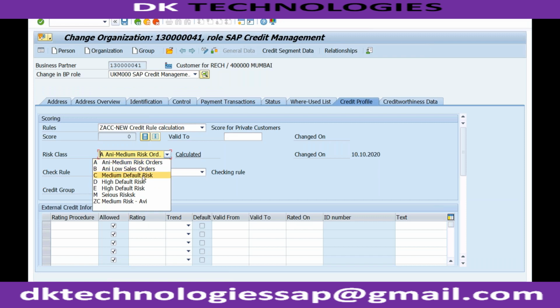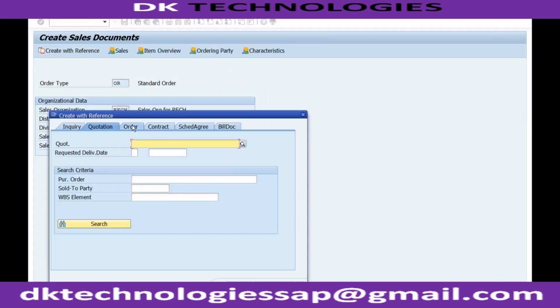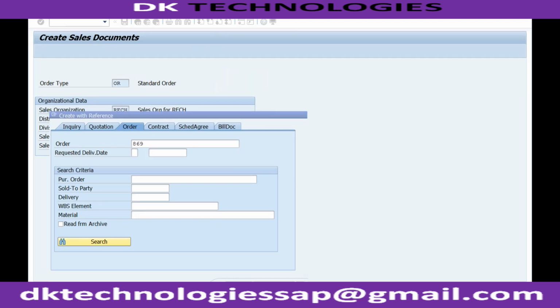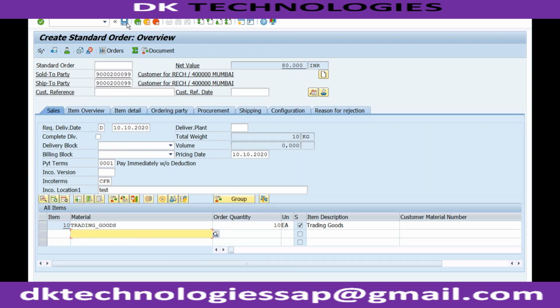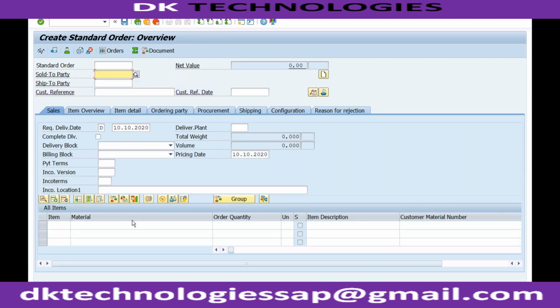Okay, and the last one is if I go with C. Okay, so I should accept the order, but the delivery should be blocked. Okay, and we need to release the delivery. So which means if I go to transaction VA01 once again, if I do create with reference order and if I copy this order, okay, so if I try to save it, the order has been saved. But if I try to do the delivery of this order,